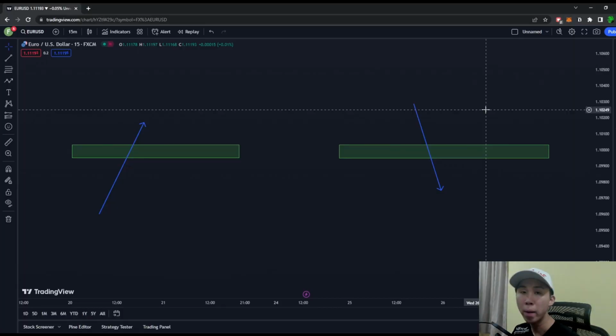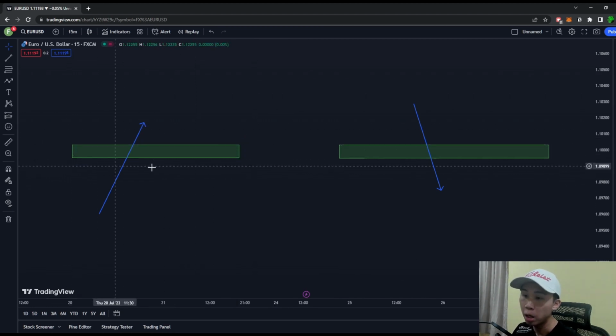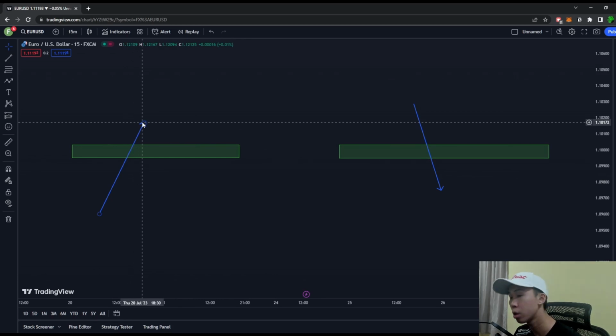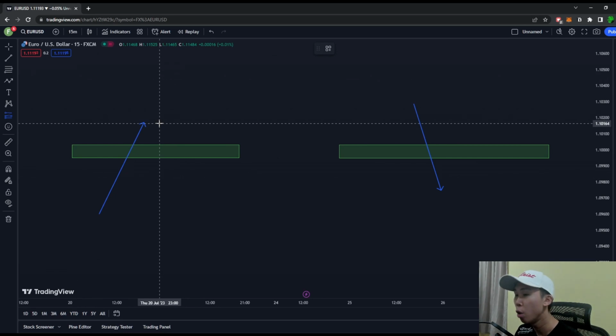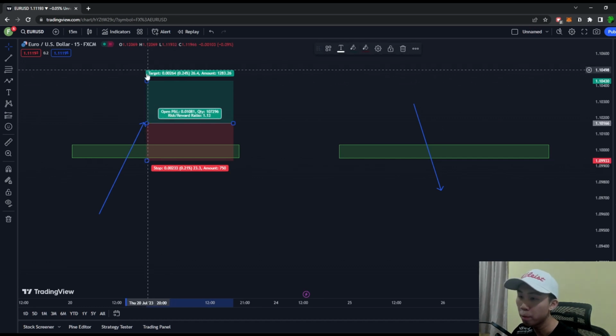Why are there so many traders that get caught at false breakouts? Firstly, let's have a look at the chart here. These are what I have drawn. The reason why most traders get caught at false breakouts is because they enter too aggressively. As you can see, imagine this is a resistance. When price breaks out and closes outside of the resistance, many traders will think that this will continue to the upside. That is when they place their long position, place their stop loss below and have a target,